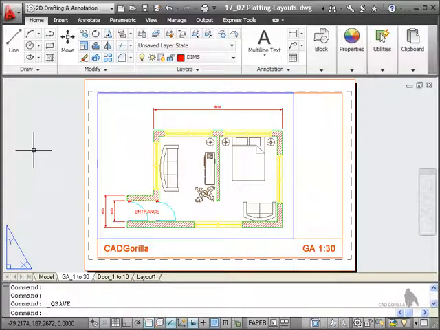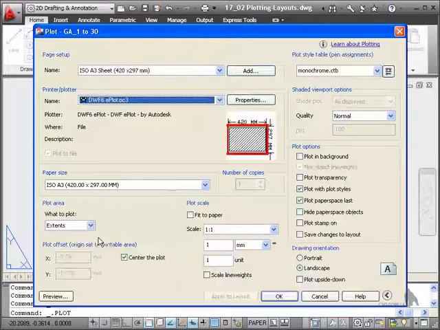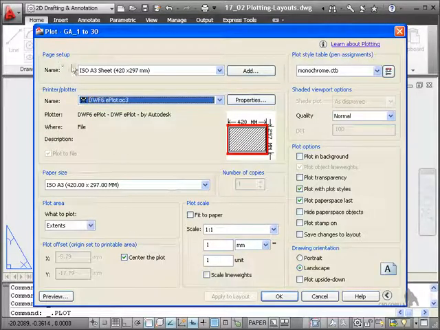In previous sections of this course, we learnt about layout properties and page setups. You apply these to your layouts in order to plot your layouts. Now, if I just click on the GA1 to 30 layout there in our drawing, and I right click and go to plot, what you'll find is it's already using a page setup called ISO A3 sheet